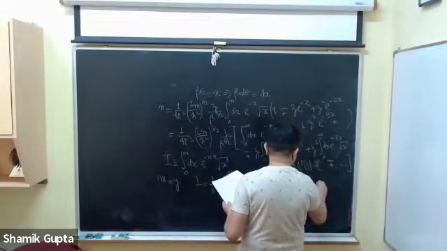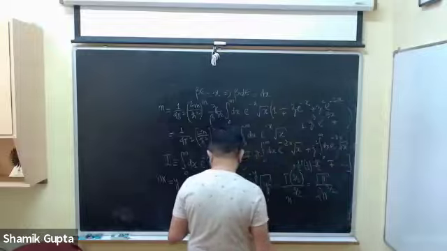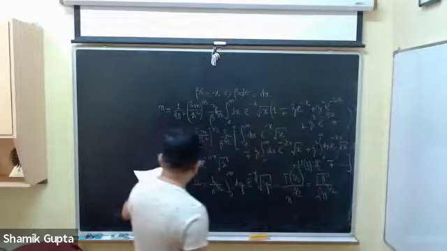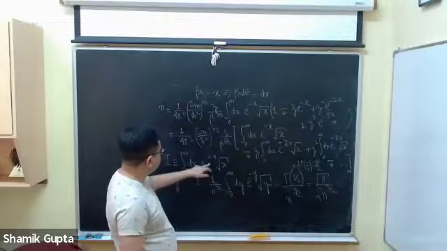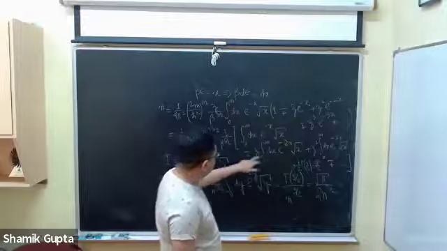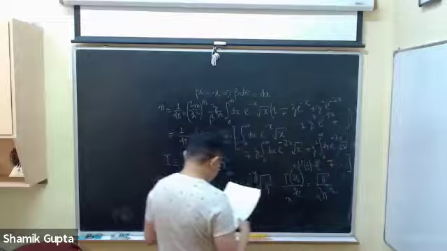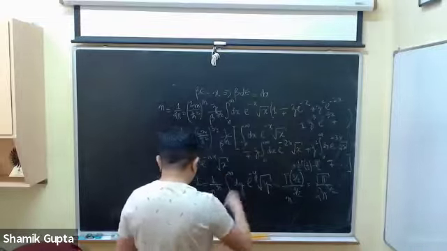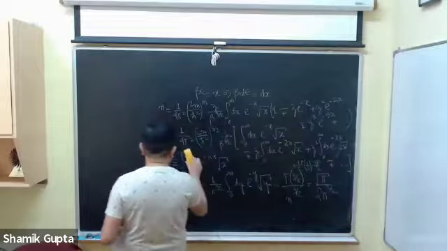So therefore this thing is equal to square root of pi divided by 2 n to the power 3 by 2. So this is for when I have nx. So I need the value for n equal to 1 for the first integral, n equal to 2 for the second, n equal to 3 for the third, and so on. So if I just substitute these expressions back here, what I get is